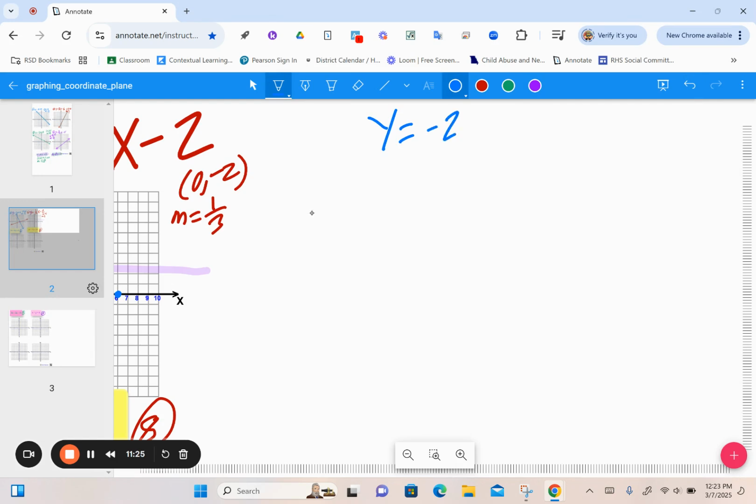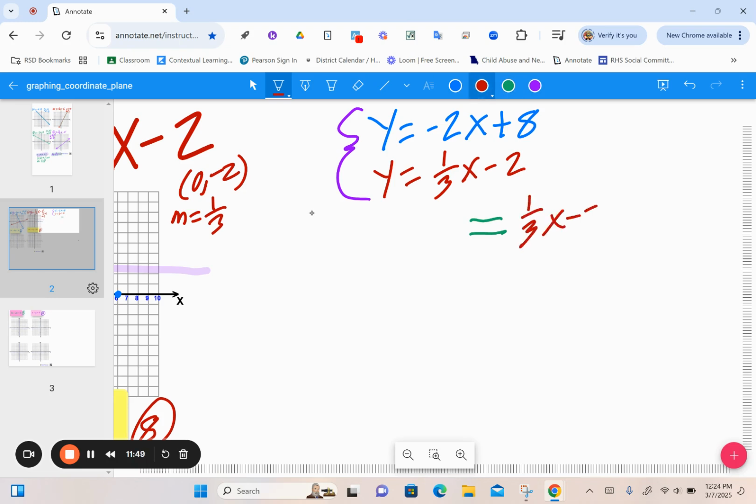Y equals -2x plus 8, and y equals 1/3 x minus 2. And there might even be a bracket over here showing you that it's a system. There might not, just two equations next to each other. My point is, we can set these things equal to each other because they're both solved for y. So I can have 1/3 x minus 2 equal to